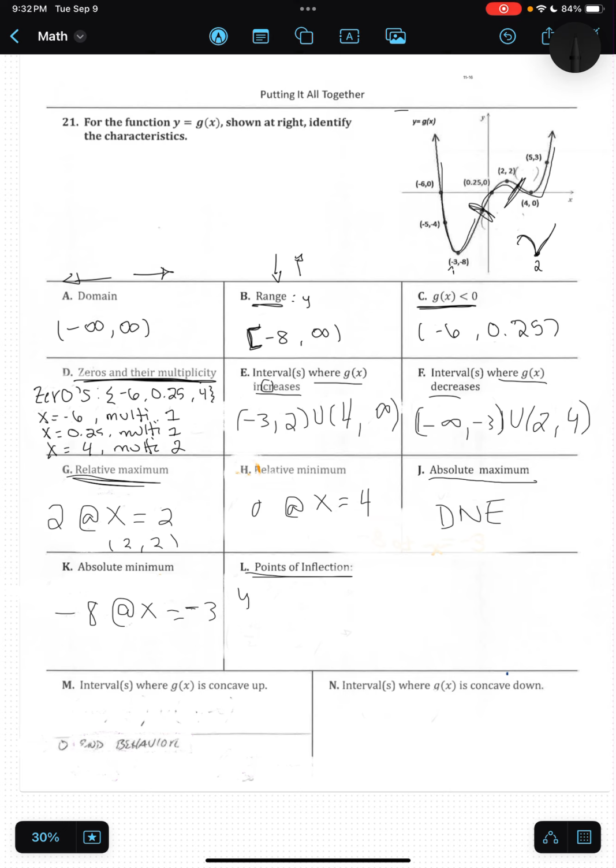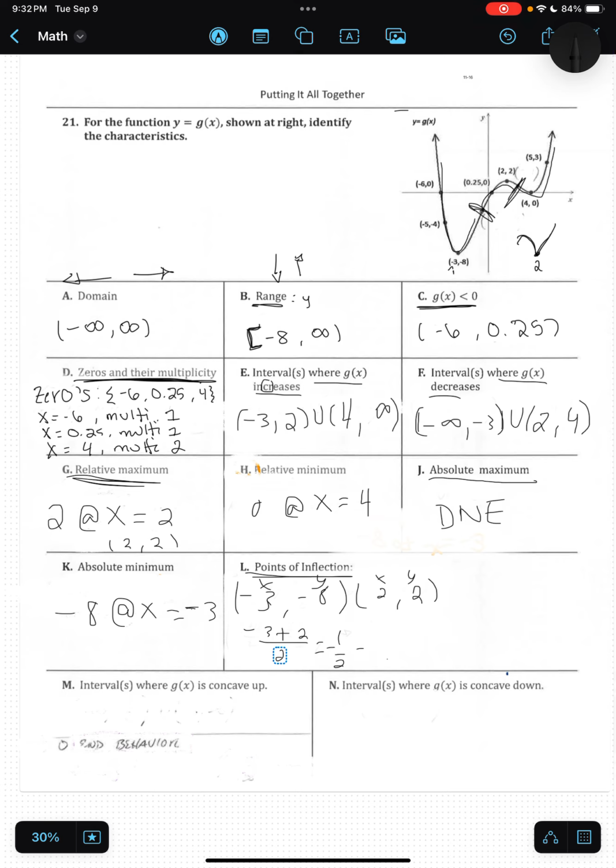So our points here are -3, -8. For the left, we're reading this left to right. So -3, -8, and then we have 2, 2. Okay, so now we have our x and our y's. Now we must add both and then divide by 2 to get the halfway point. So -3 plus 2, add the x's with the x's, add the y's with the y's, divided by 2 equals